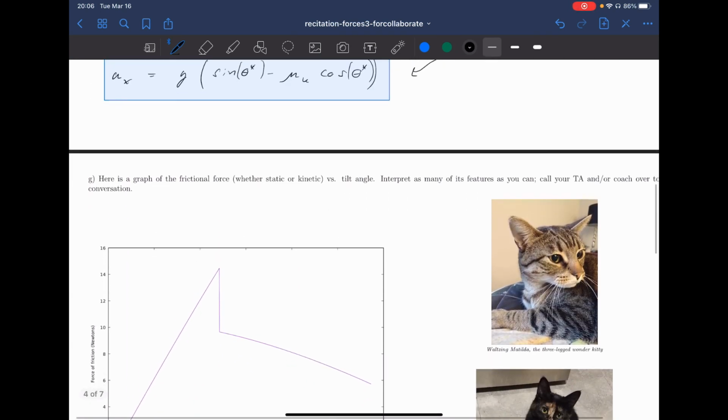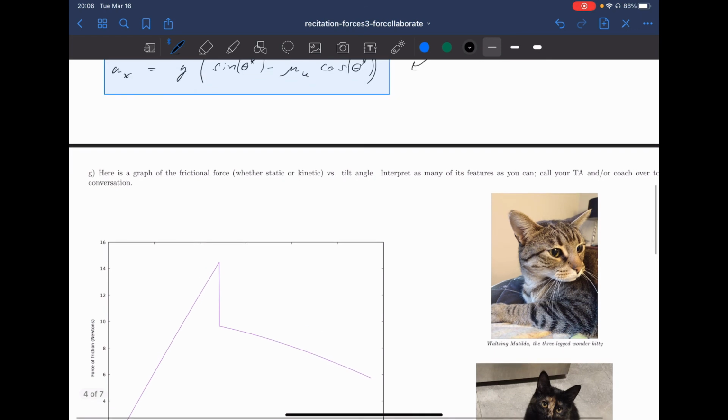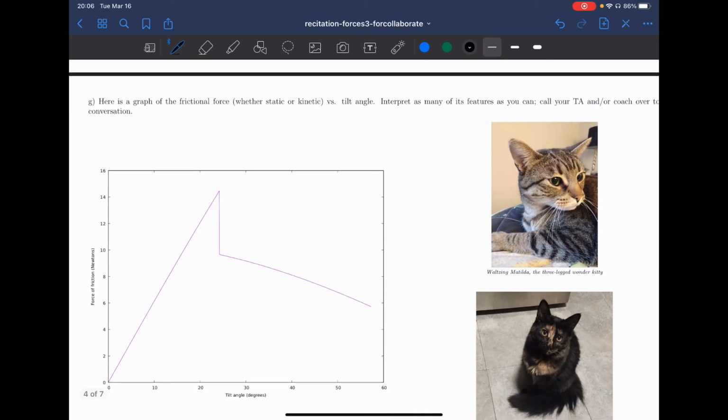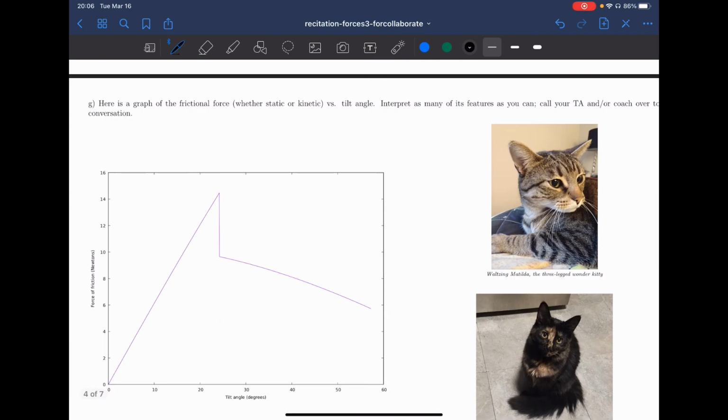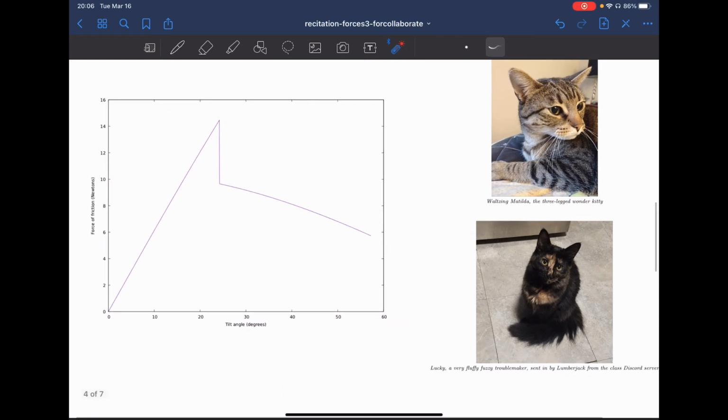So taking a look at this graph of the frictional force versus tilt angle, let's decipher this. What this is telling us is that as we start to tilt, down here we're at theta equals 0. And at theta equals 0, friction doesn't need to do anything to keep the cat stationary. So that makes sense. And as we start to increase the angle theta,